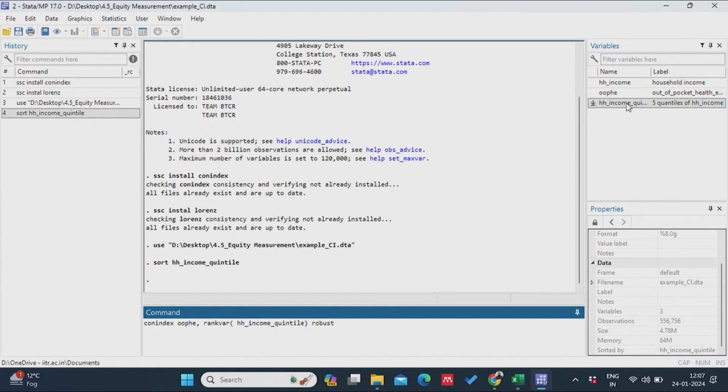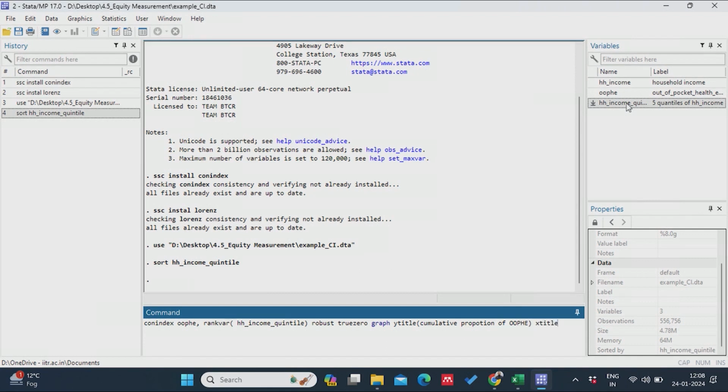All right, robust, actually the standard error etc. is measured through robust, then truezero, graph, y title. In the y axis, the y title has to be mentioned as cumulative proportion of OOP. You can in short write down cumulative proportion of, whatever variable you have taken, OOPHE. Okay. And the x title,